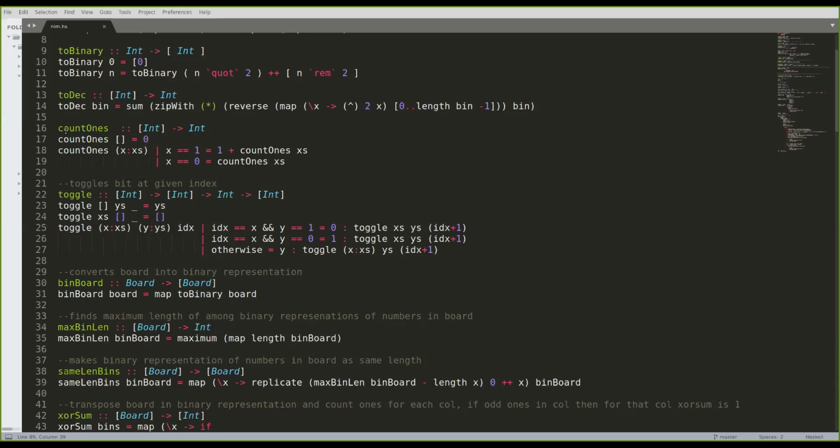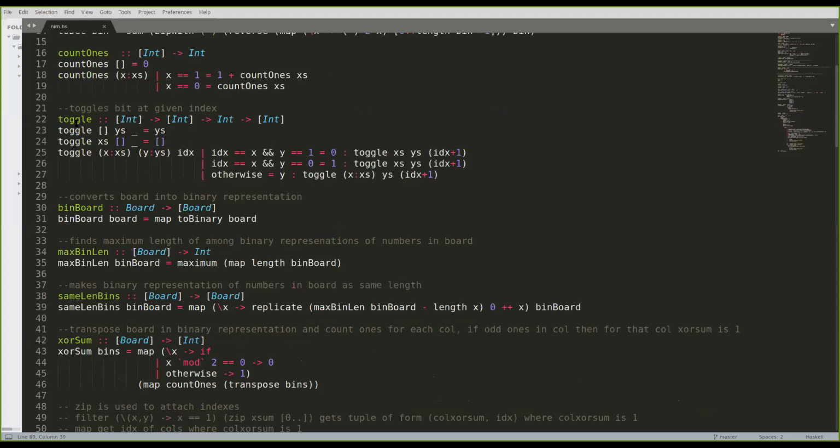Count ones is just an application of, you could use a filter and sum. It's counting the number of ones in a list, like 0 1 0 1. Yes, I understand, but you could use a higher-order function: a filter equal to 1, and then just sum it up, the length of the filter of equal to 1. That's what count1 is. Okay, next.